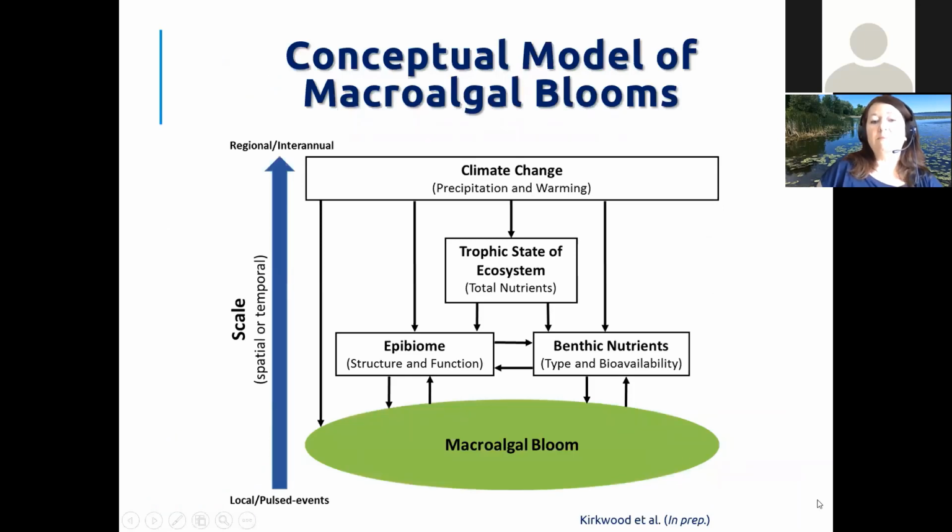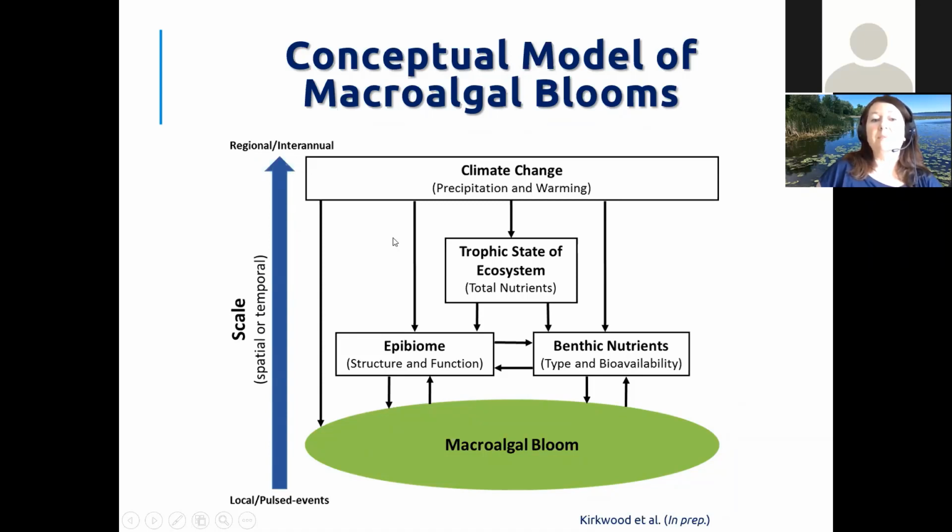So overall, when we're thinking about macroalgal blooms, knowing that taxonomically, phylogenetically, and even morphologically they can be very different, if we focus on what they do share in common, that matrix architecture as well as their proximity to sediments and growing in the benthic zone, we can look at different scales of influence. So looking at whether it's temporal, just having pulsed events happening where nutrients become available at the local scale, all the way up to the regional and interannual scales of